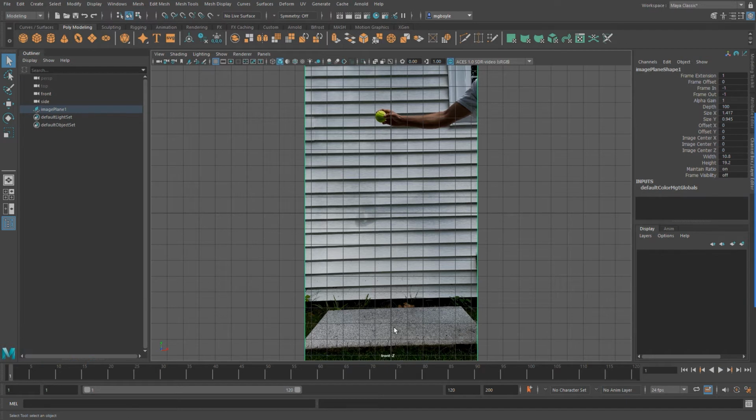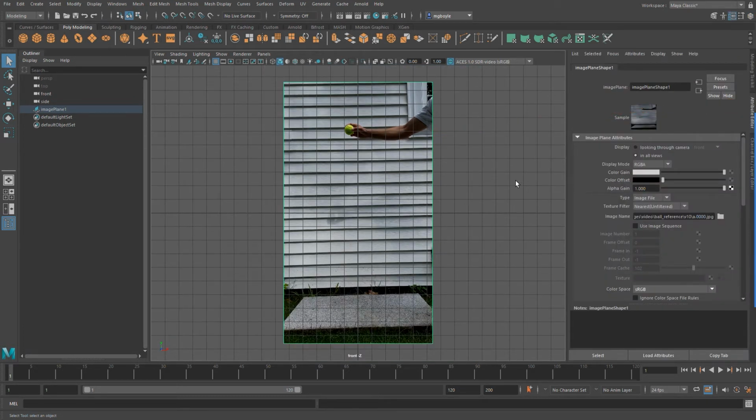So I'm going to make sure that I have the image plane selected, and then I'm going to come over here to my attribute editor, or I can just hit Control A on my keyboard to open up the attribute editor that way as well. And if we take a look at the attributes, remember that the attribute editor will show you whatever you currently have selected. It'll show you the attributes for, in this case, the image plane, because that's what I have selected right now. We have our image name, and it's currently using that very first image in that series of images in that folder. And we have a checkbox here that says Use Image Sequence. And if I just check that,